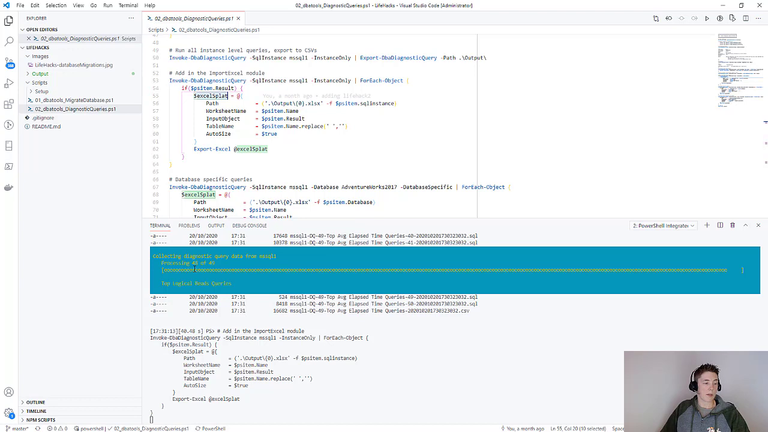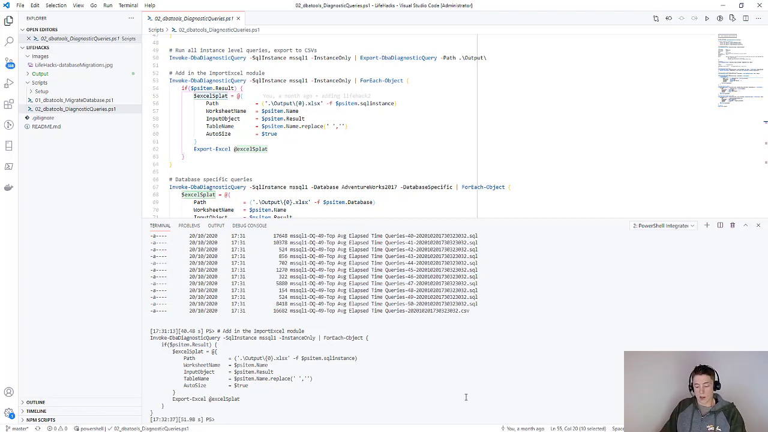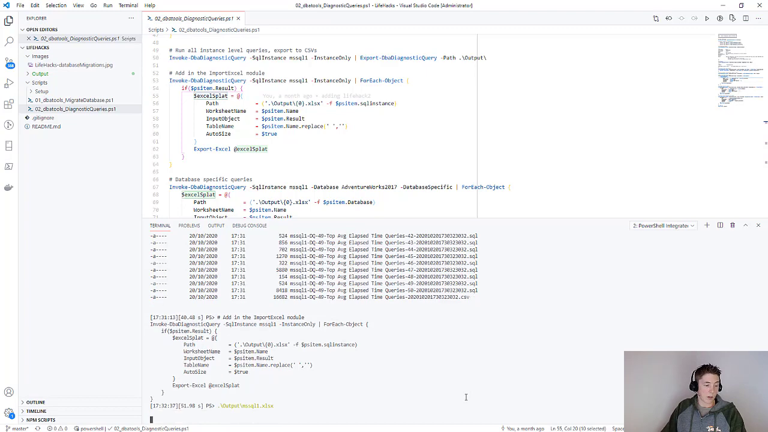You can see down here that we've run 48 out of 49 queries. Whenever we're running instance-only queries, there are 49 queries for this SQL Server, and it's the 2017 version. 49 different queries that are going to get run and executed. And if we take a look at our MS SQL Excel file,